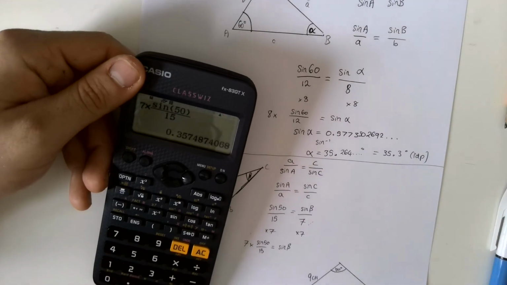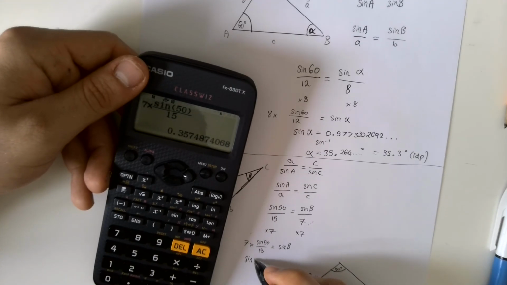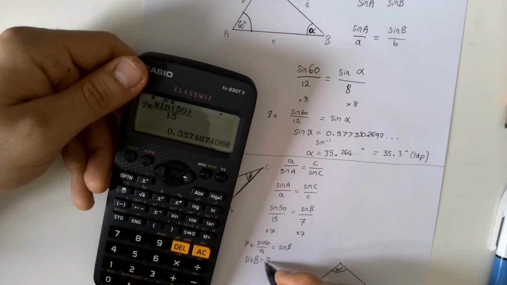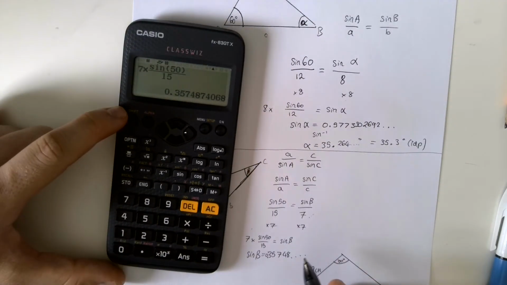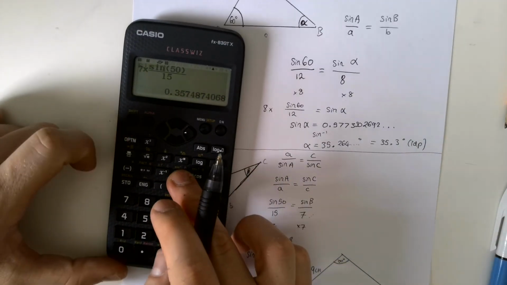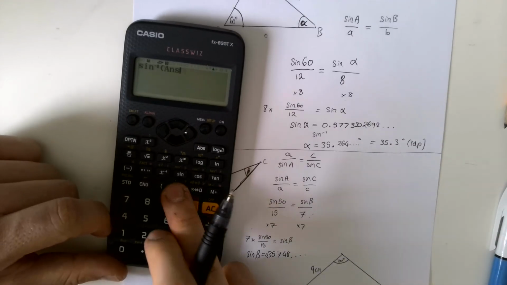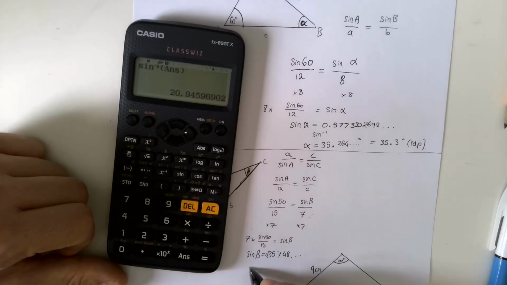It gives me 0.35748, etc. I can use my answer trick again, so I'm just going to press inverse sine, so shift sine, answer. That gives me